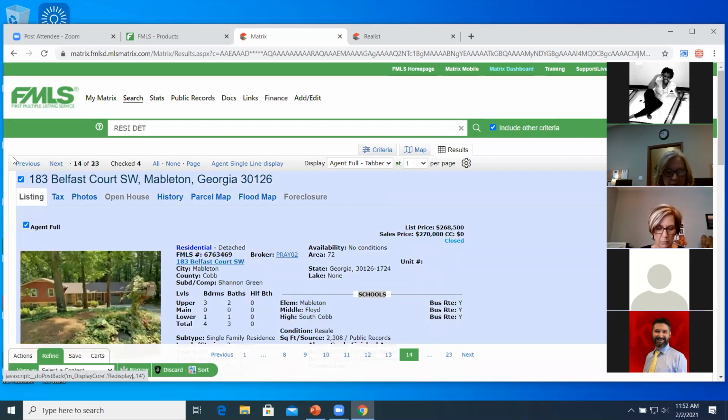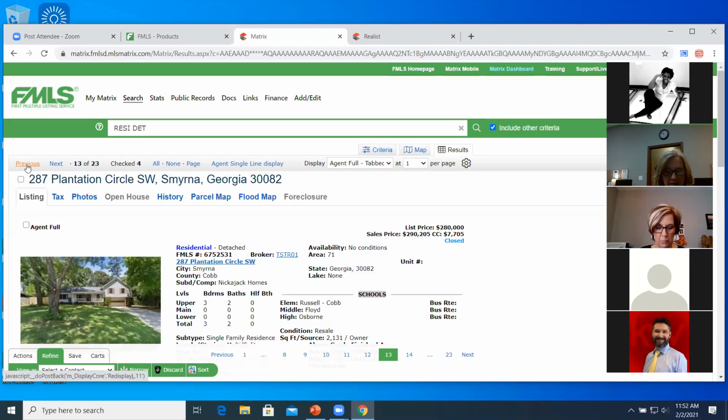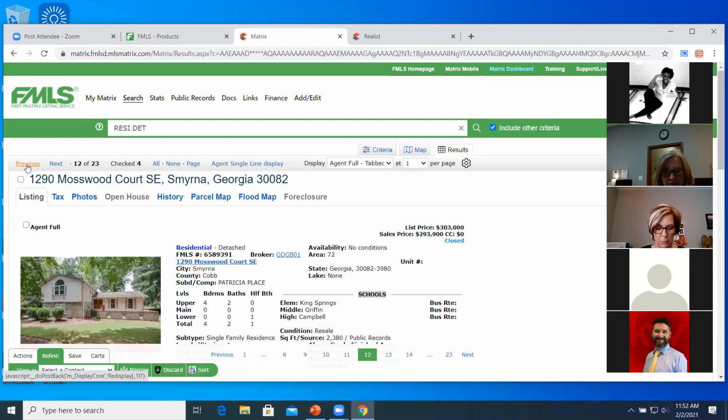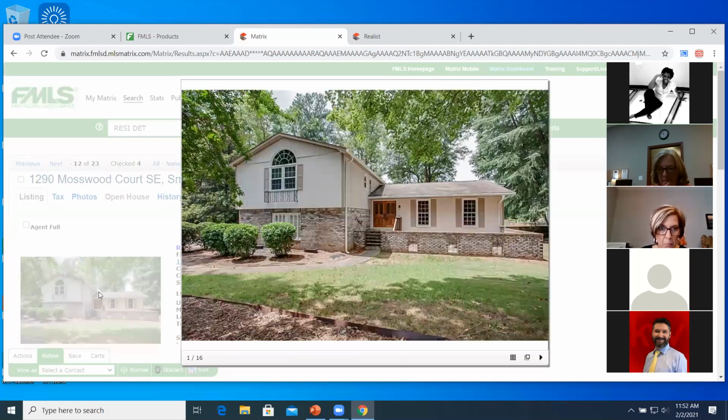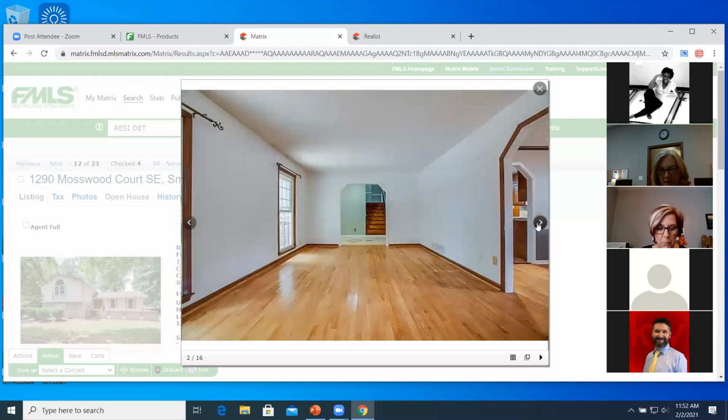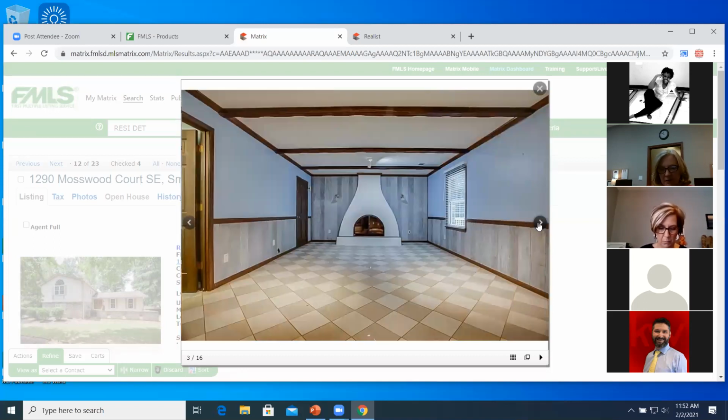Whoops, should go back. All right, so we had the 290. Here's one for 293. Let's see if it's comparable. I mean, it is a split level, which is what we're looking at. Hardwood floors. That's weird, but